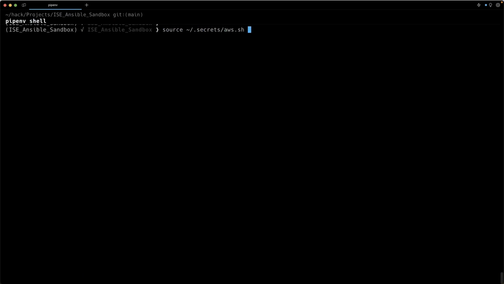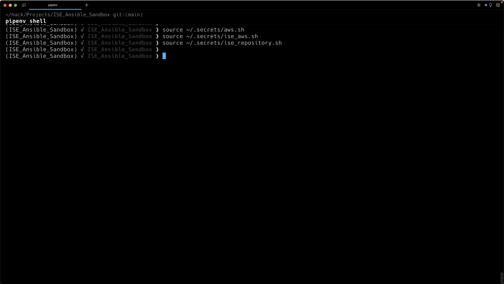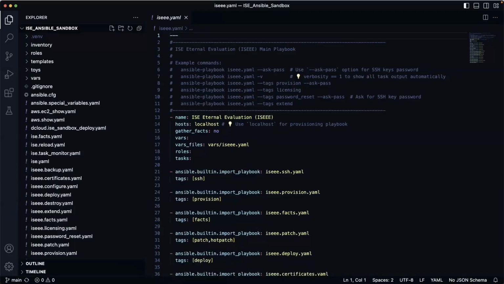The other thing I want to share is credential management. I don't want to share my usernames and passwords with you guys, so I put everything into these shell files and export my credentials into my environment so that you can't see them. It's much more secure that way, and it's best practice, really. Once you've done that, we can launch VS Code,